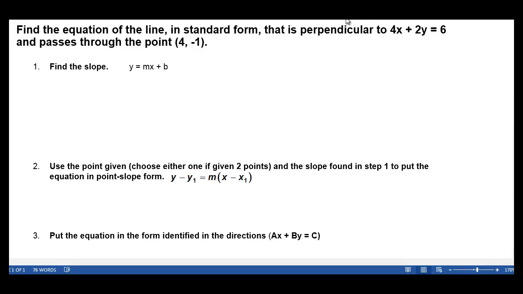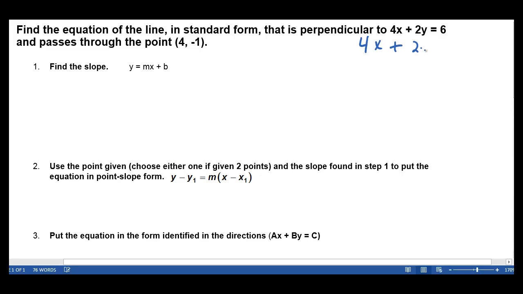Find the equation of the line in standard form that is perpendicular to 4x plus 2y equals 6 and passes through the point (4, -1). So our first step is to find the slope. Since we're given the equation of a line, 4x plus 2y equals 6,